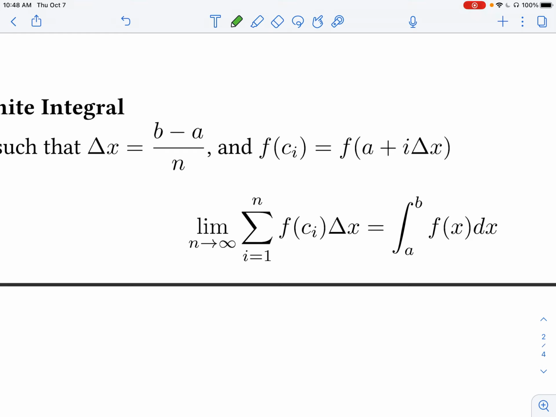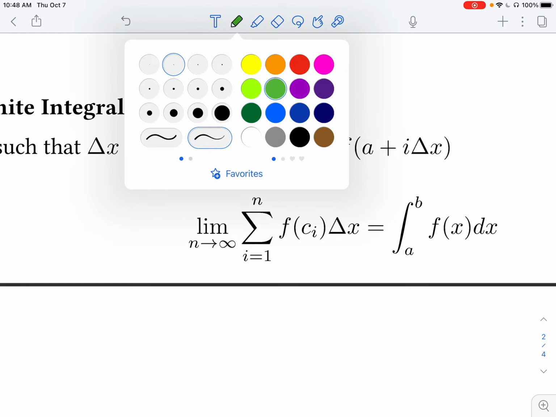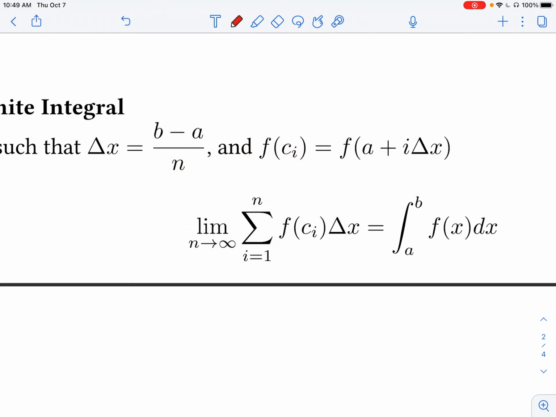Well, f of c sub i here is simply f evaluated at the beginning of the interval plus i times delta x. So let's go back one step. What is delta x? Delta x is another way of describing what we call the width of each one of our rectangles. And if you think about it, if our entire interval has a width of b minus a, this is the total width,